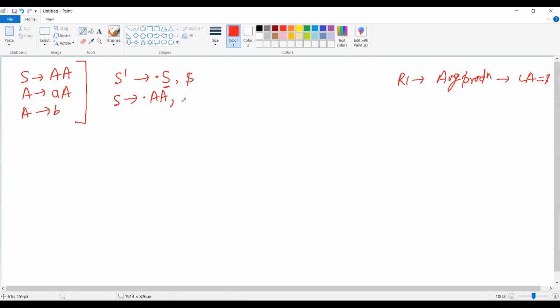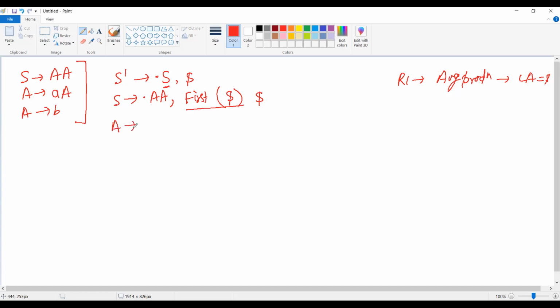Now, the rule to add the look ahead in the production of S is first of whatever remains after the non-terminal for which you have added the closure. आपने S का closure add करा है, तो S के बाद हमारे पास क्या बचा है? $ बचा है, तो हम $ का first डालेंगे यहाँ पर as a look ahead. Now $ is a terminal, there is no first of it, so first आप किसका निकालते हो? हमेशा non-terminal का निकालते हो, तो यहाँ सीधे आप $ लिख दोगे.